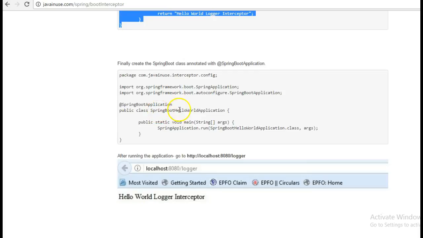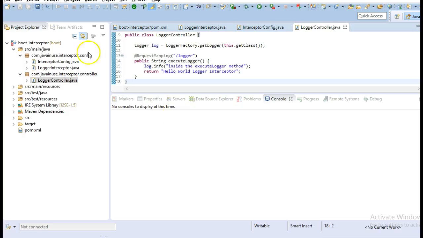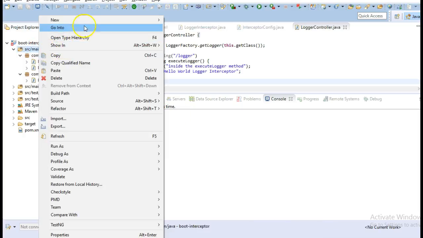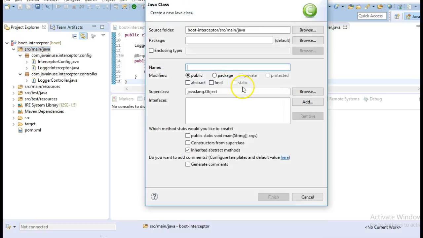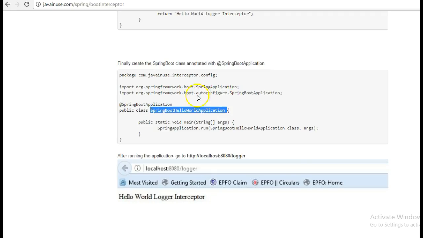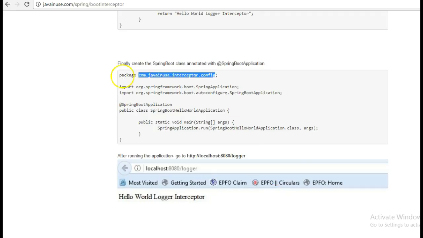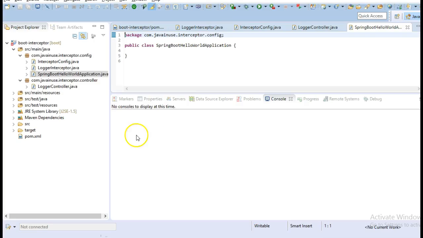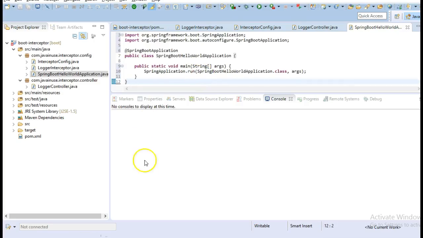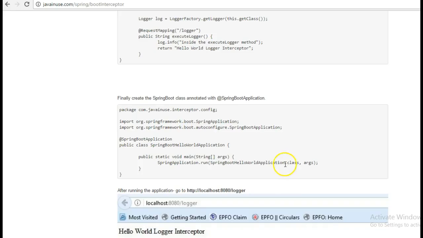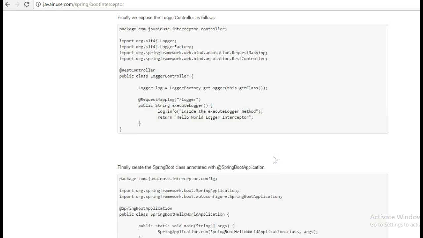Finally, we'll be creating the Spring Boot main class with the Spring Boot annotation. So we are done with all the changes. We'll be intercepting the requests coming for this API /logger.